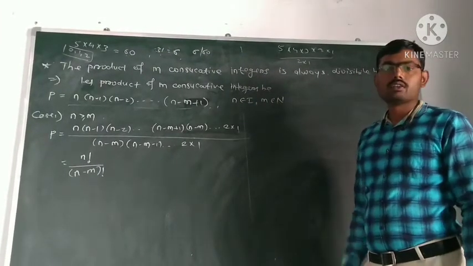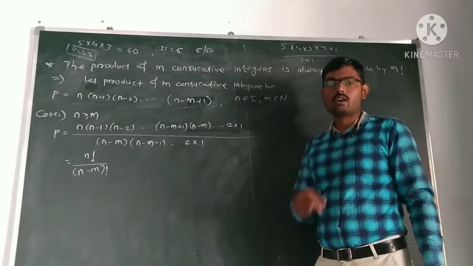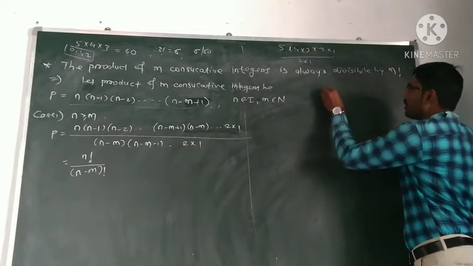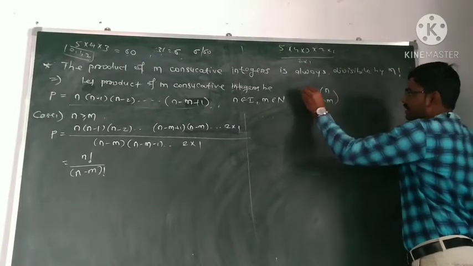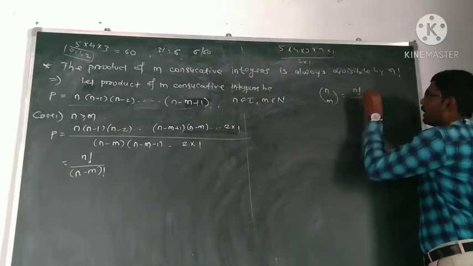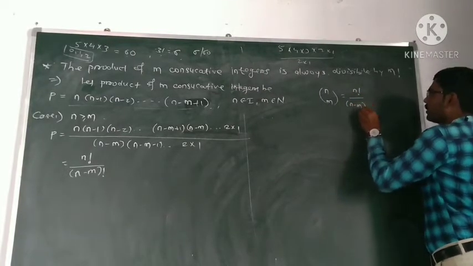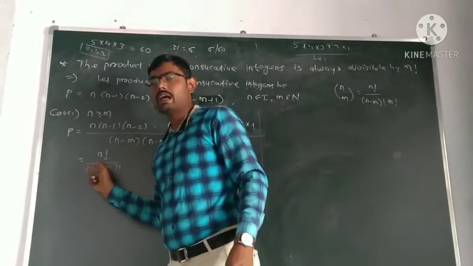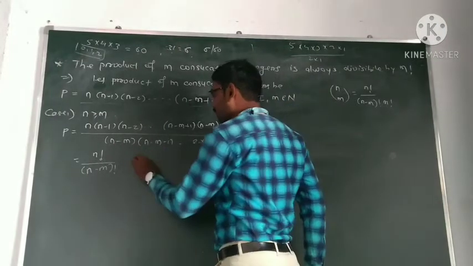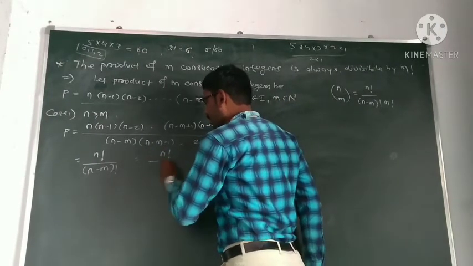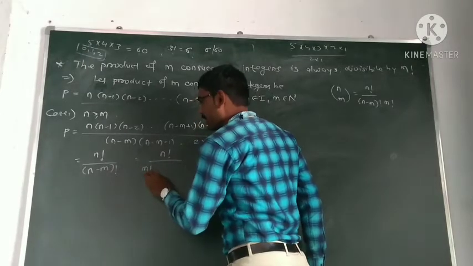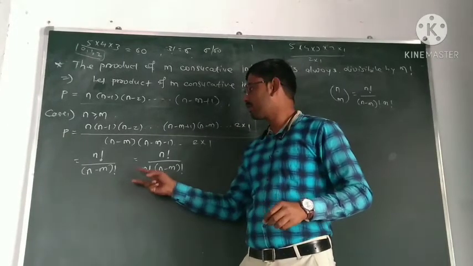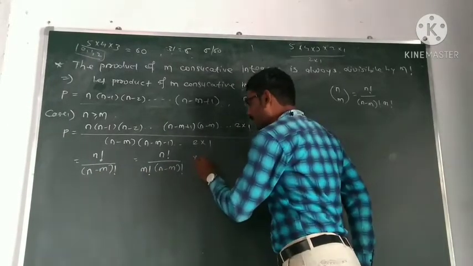Now there is one theorem, our formula of combination. You know the formula for n choose m, or NCM, which is equal to n factorial upon (n minus m) factorial into m factorial. So multiply and divide this quantity by n factorial. So this is equal to n factorial divided by the extra quantity m factorial. Since we have divided by the extra quantity m factorial, to maintain the same value, we have to multiply this by m factorial.